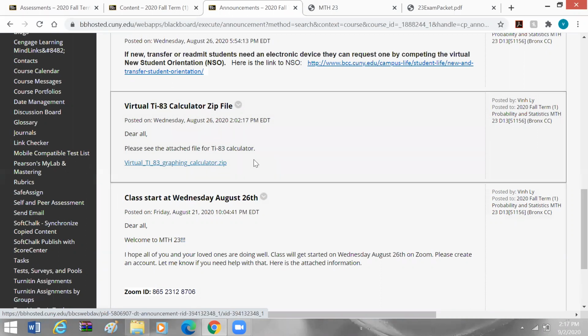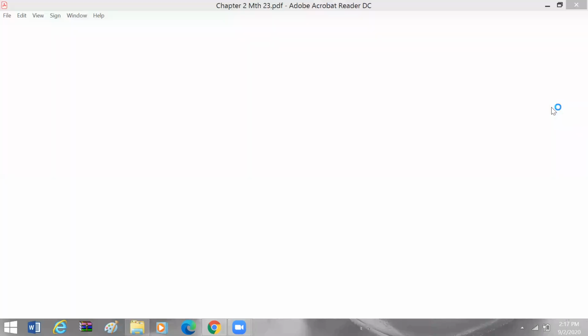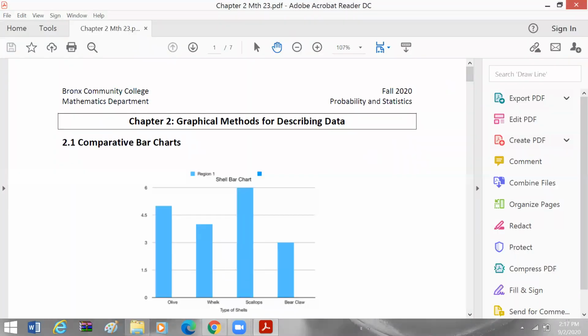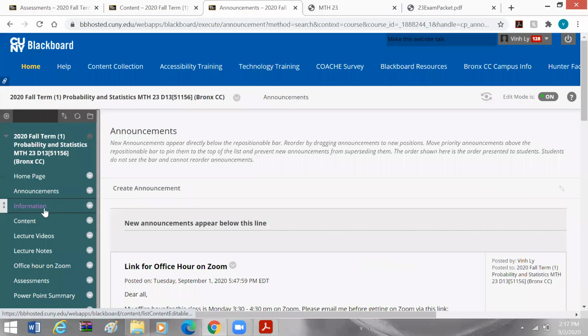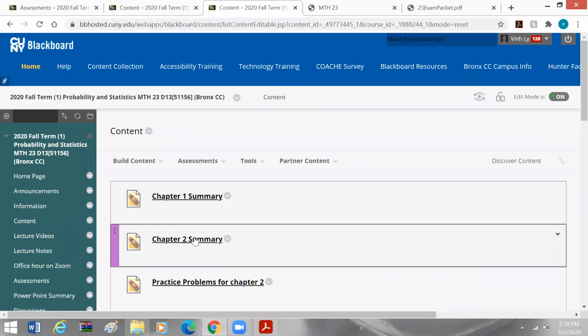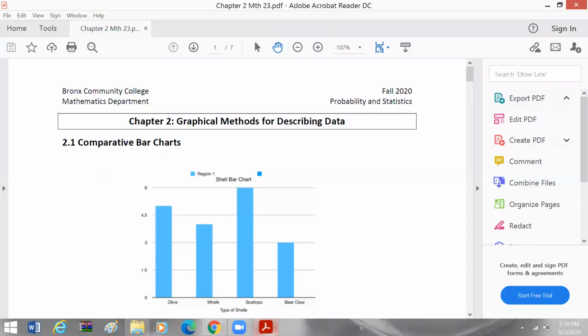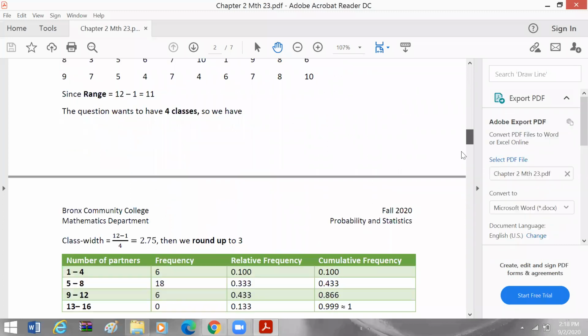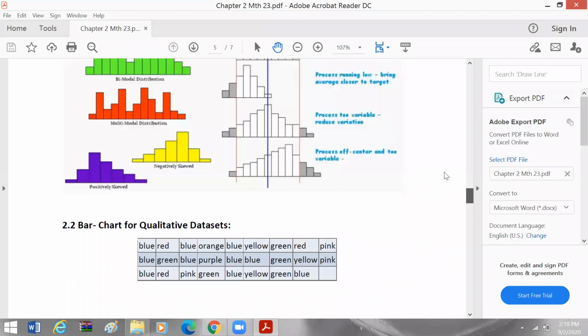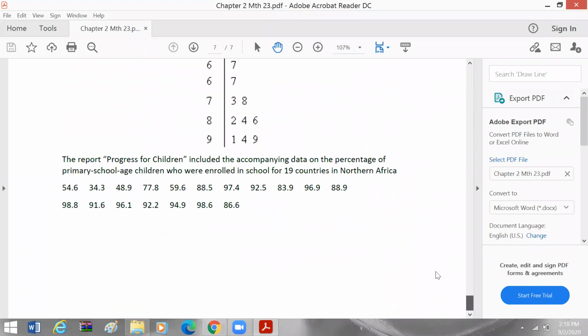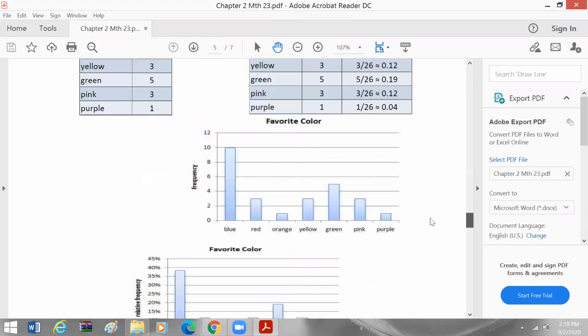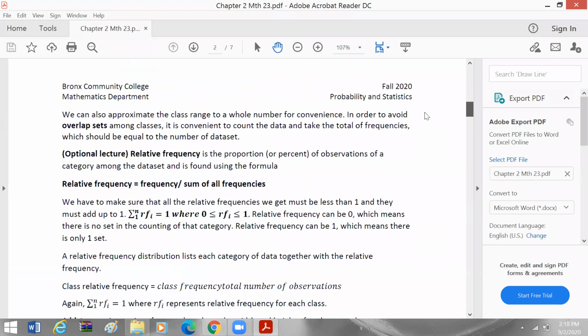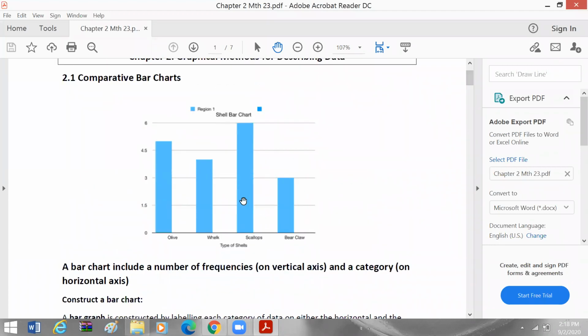Okay. So for our class today, we're going to be working on chapter 2. This is a new chapter, and you can see the lectures under the content section. You can download it, it's very easy to download, and there will be some practice problems as well. This is what the lecture looks like, but we only cover the first part of it. So we ignore the rest, except if you want to read through all of this. There is more, but I cut out almost 2/3 of that. We only cover a very small part of it.